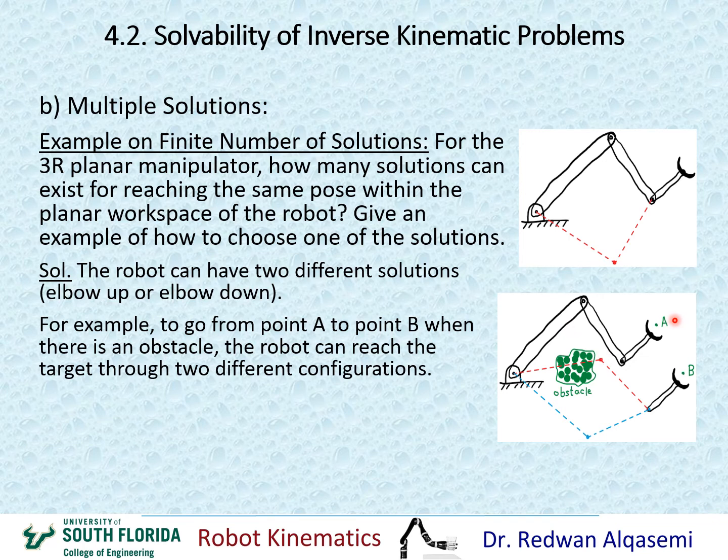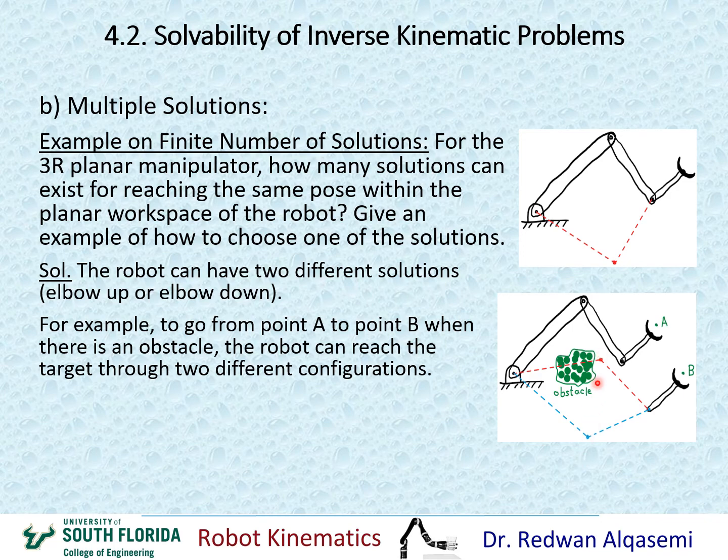For example, if we're going from point A to point B, and there are some obstacles here. Now, going to that point, I have two ways of doing this, two solutions. One solution is elbow up, and one solution is elbow down, just like what we saw here. So to reach point B without changing any pose to deviate away from point B, I need to choose one